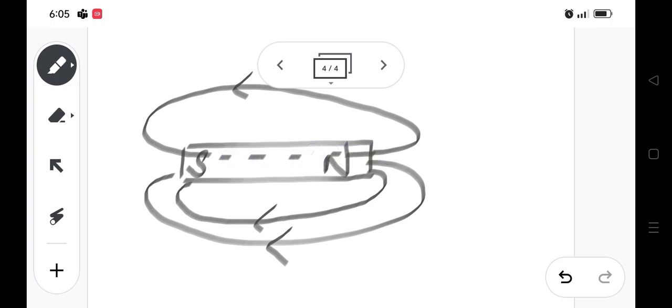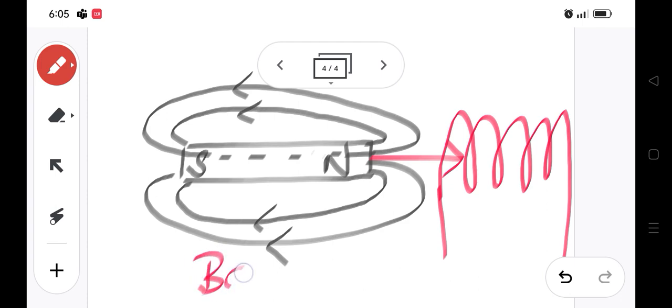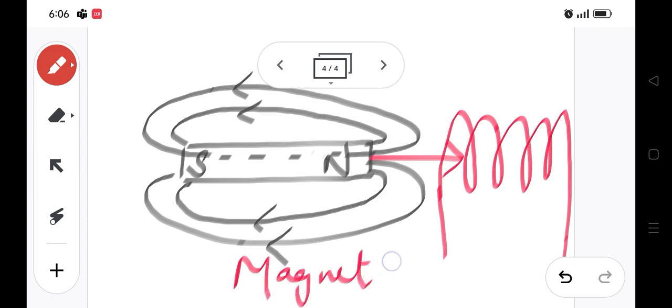North to south. Okay. Then everywhere it is as such, north to south. So I'm drawing an enlarged view of this. So this is our solenoid. When we are inserting this bar magnet, this is the bar magnet we have. Okay. So when we are inserting this magnet to this solenoid, which is connected to this galvanometer,